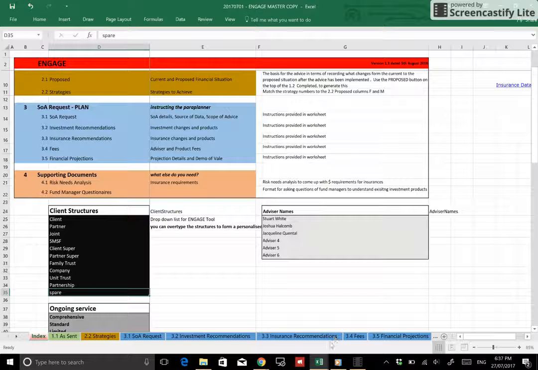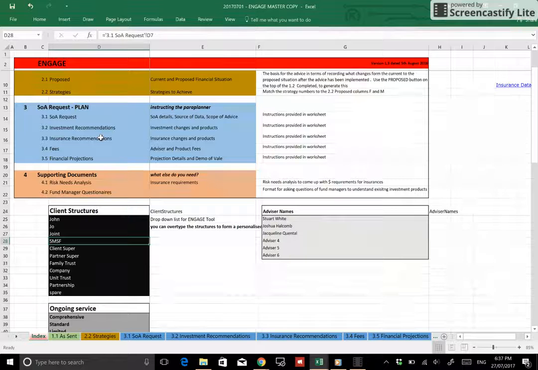Welcome to the Engage Master spreadsheet, and this is how to complete it. In here we have our client structures, and so it's important to change these and put these correctly. So our client is John Smith and his wife is Jo Smith. Joint account, self-managed super fund, and this is the Smith